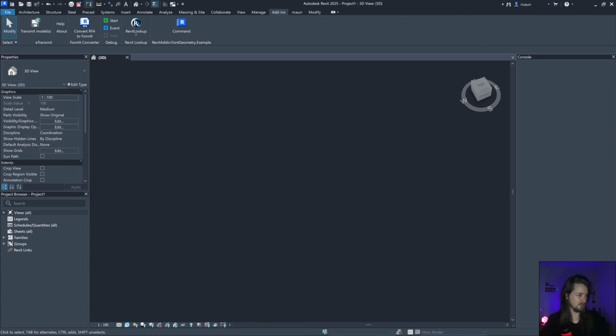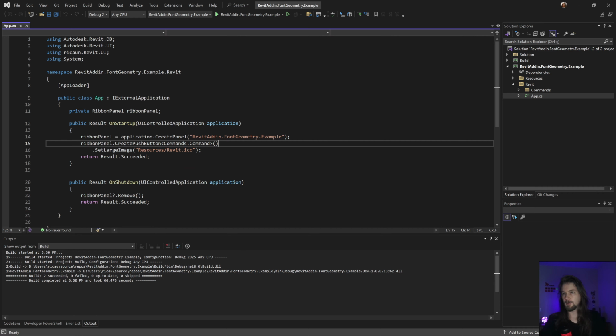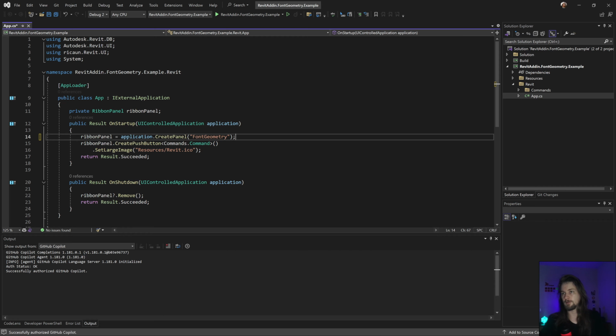Let's see my project. By default it has the app, and let's remove what I don't want.